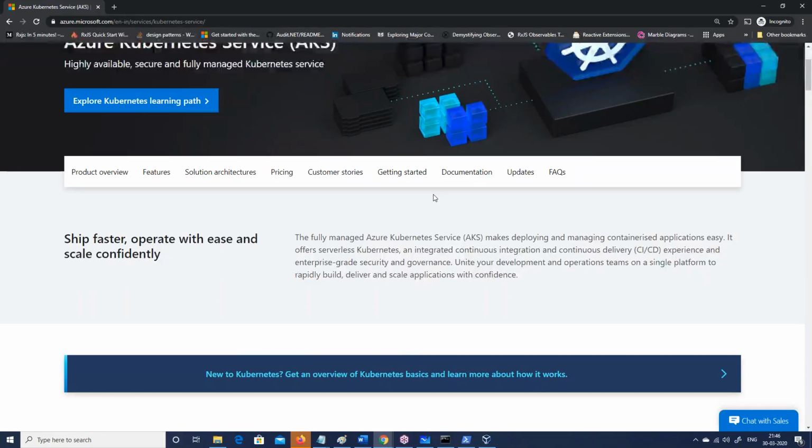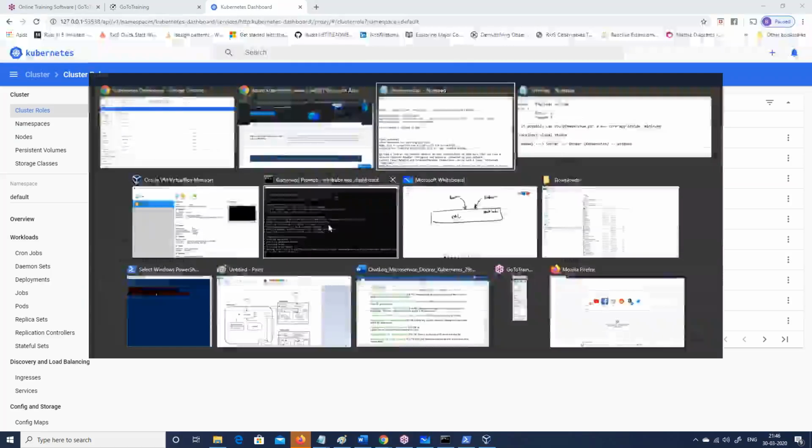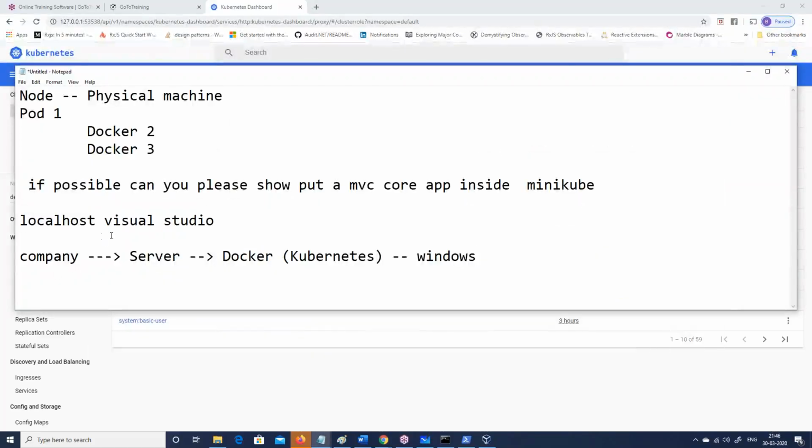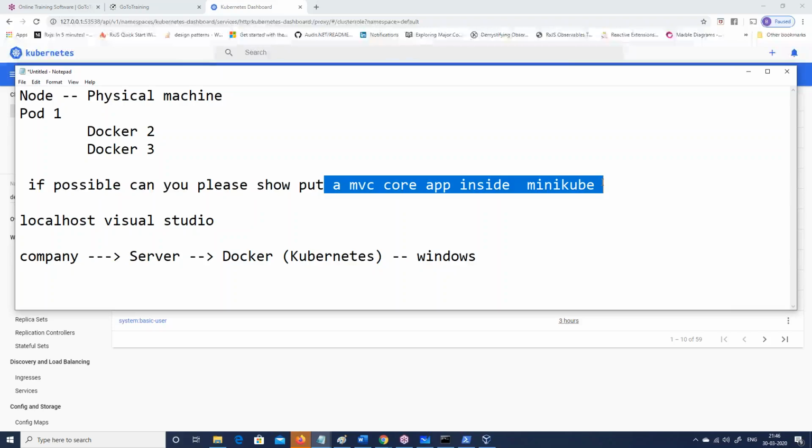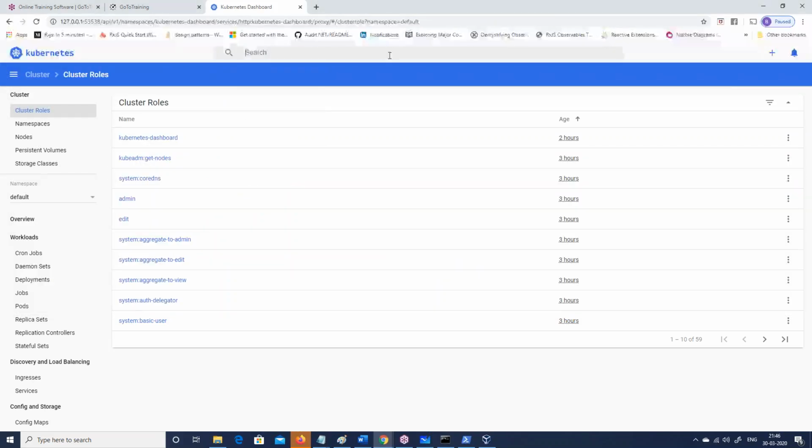So actually I wanted to demo this. This part I really wanted to demo. So one is that my physical machine crashed. Second is this MVC core inside Minikube. Then I thought I will go to the cloud, and in the cloud I will do it. But in the cloud those are already VMs only. Inside that VM, if you want to put Minikube, then it becomes a problem. Why? Because over there you have to use something else. So what they were suggesting, I stopped after that. I said no, I'm not going to do this.